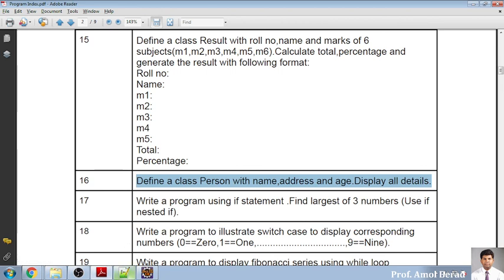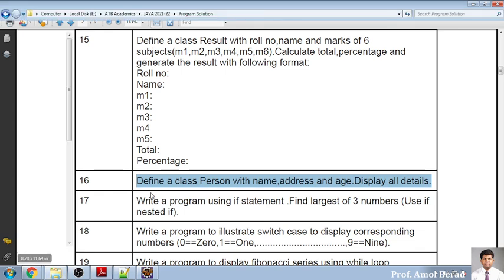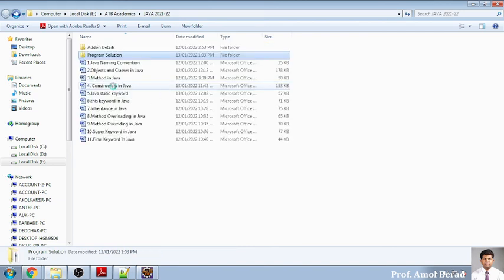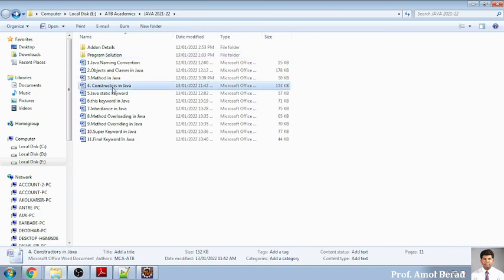Apart from this, the programs which I have already put into your theory part, the ones I explained in theory, I want all those programs to be executed, all the programs up to point number 4. I will be passing you the constructor material which I taught today. And static we have already covered, so up to 5 I think notes will be available with you. You use these notes, run the program and write it into your notebook. If you have any doubt, you can speak with me now.